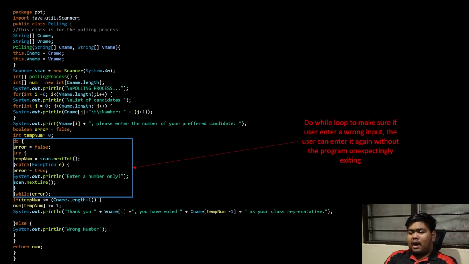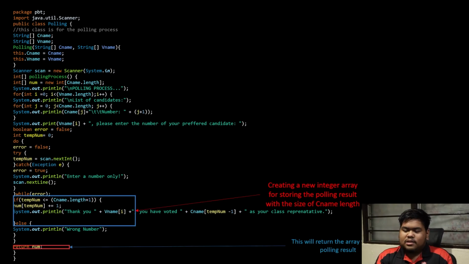And also here we have the do while loop, and inside of that do while loop we have a try catch block. So this is basically the same as the candidate one, where if the user enters a character instead of a number, then it will loop back until the user enters a correct number. So in the blue block we have an if else statement. So if temp num, the variable that stores the user input, is lesser or equal to the length of CNAME, which is 3 right now,